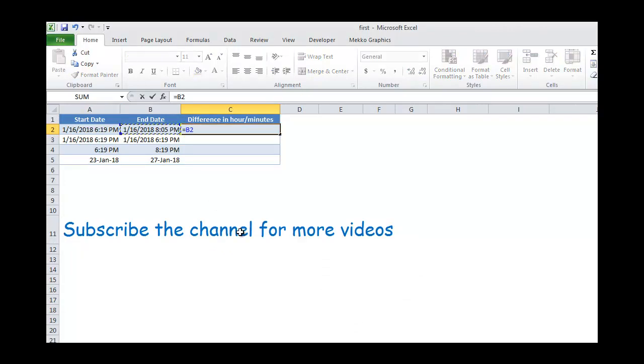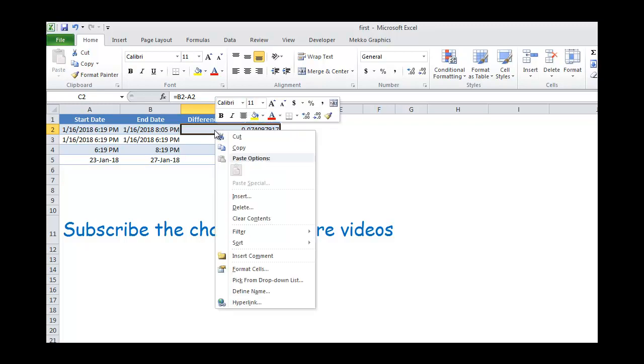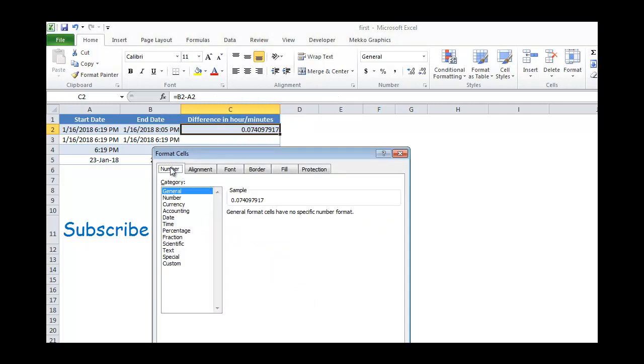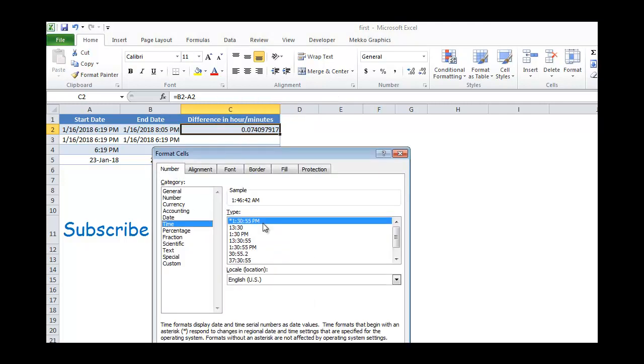I'll just populate a simple formula which is subtracting the A2 value from B2. So it is B2 minus A2. But as you can see, this is giving me the result in number format. So you will have to right click or press Ctrl 1, which is the shortcut to get Format Cells. Go to the Number section, go to Time, and you can select any format which will give you the hours and minute difference. So I'm just selecting this,